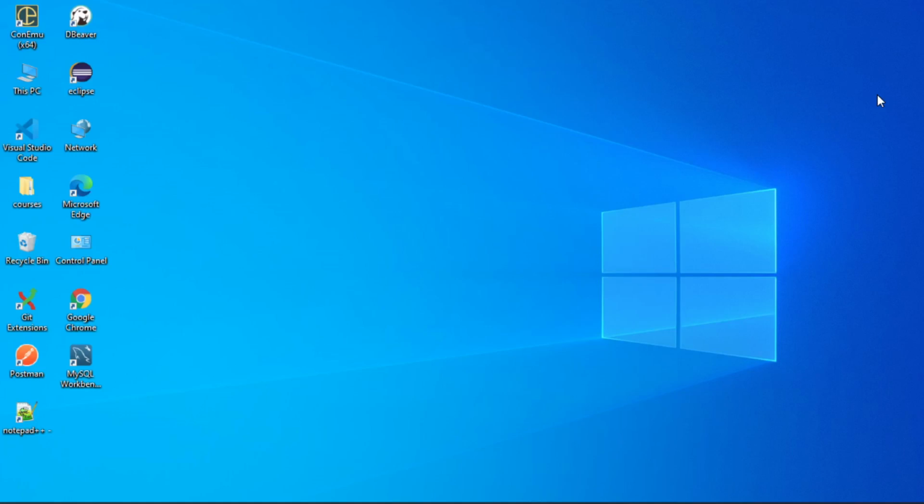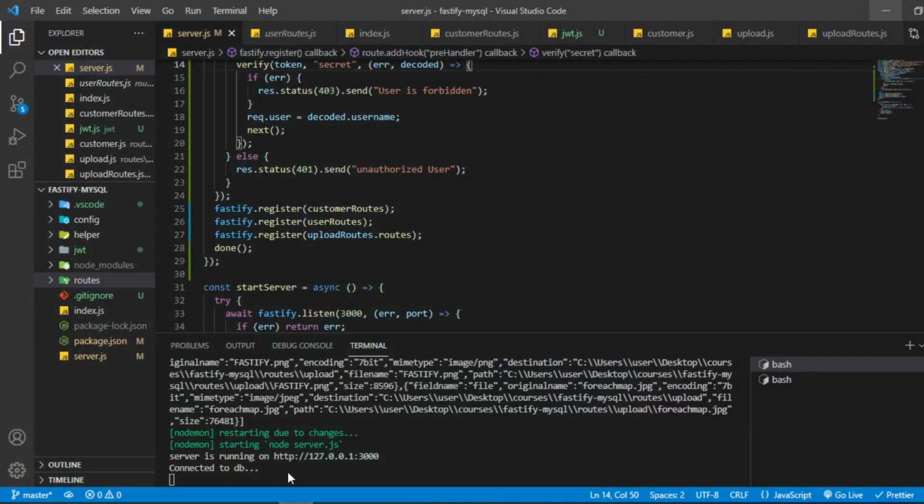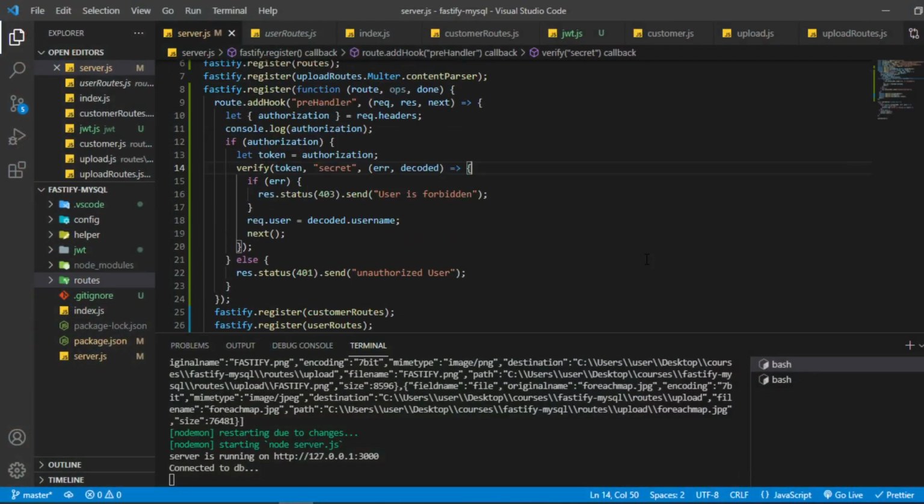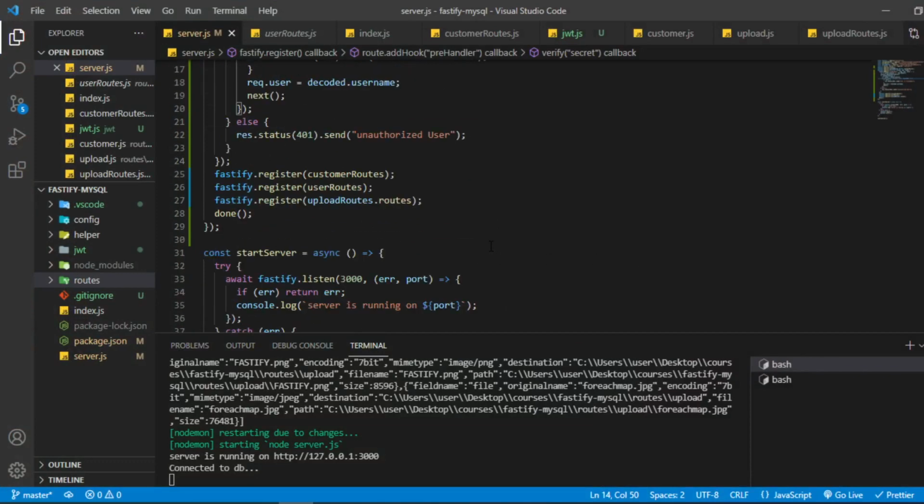So we have seen how we can protect our route, individually and also by middleware. Right now we are able to secure our route, and nobody can access it without authorization. If they have the authorization, then they are going to access our route. Otherwise, they can't.